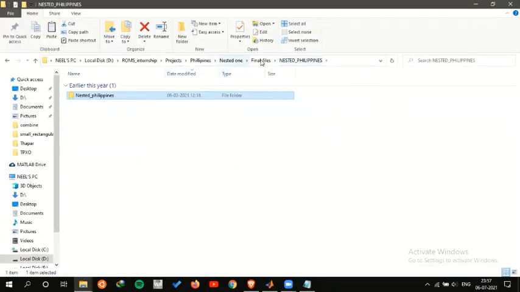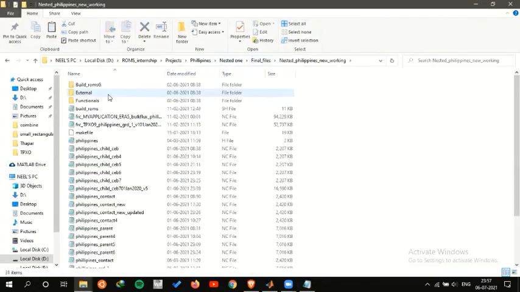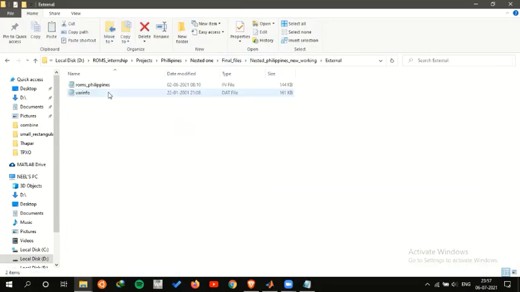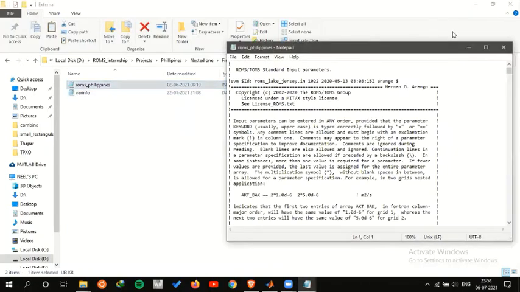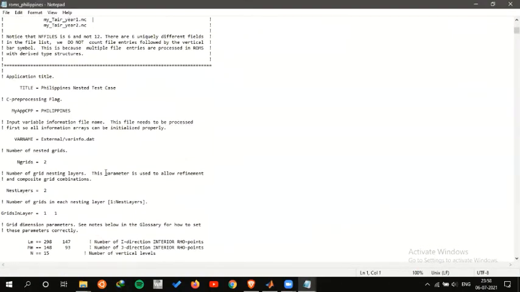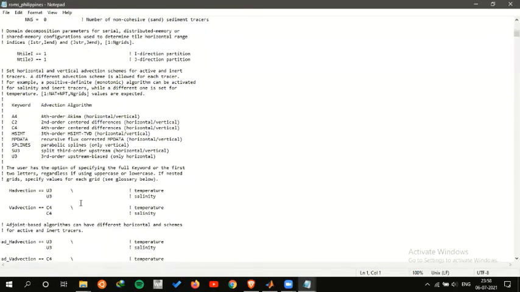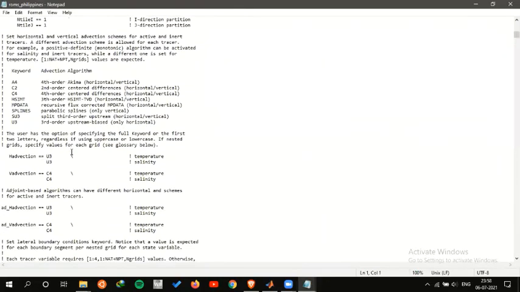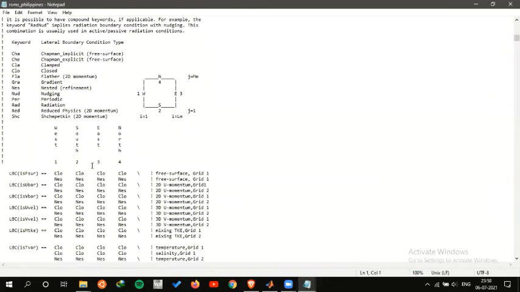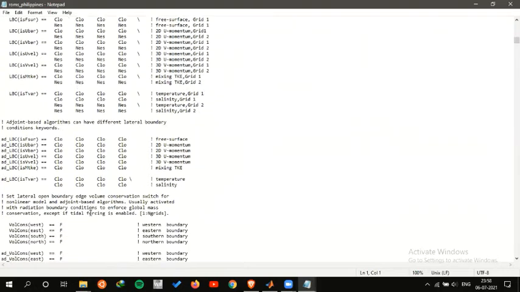So the better version will look something like this. Let me go to this. Rest everything is the same. Now here you have entered the parent grid. Now here you will enter the child grid. So the child grid has the following grid dimensions. So you have entered them side by side. This is not an issue. Change the number of NAT to 1. As I had already mentioned, these lateral boundary changes have to be done.